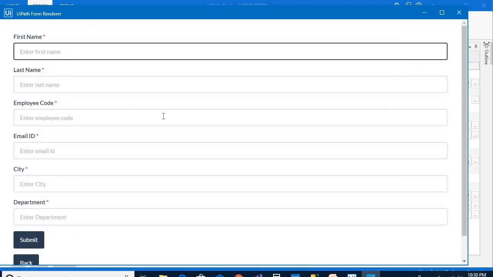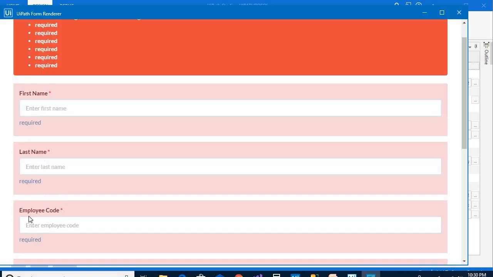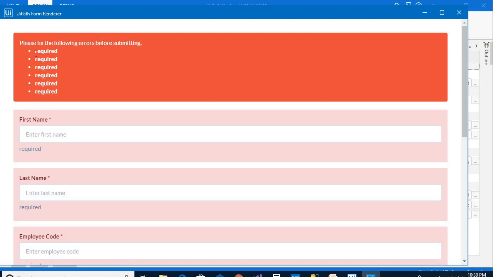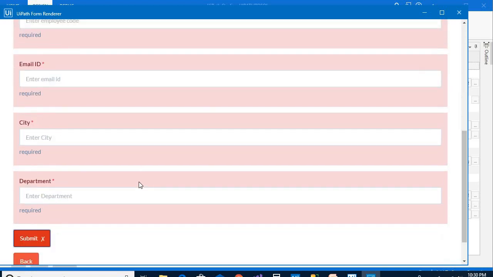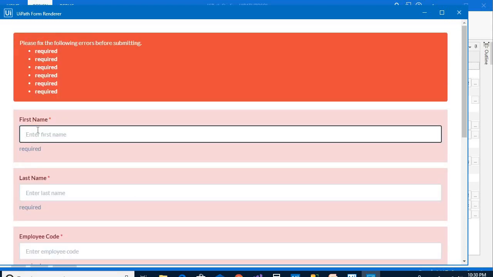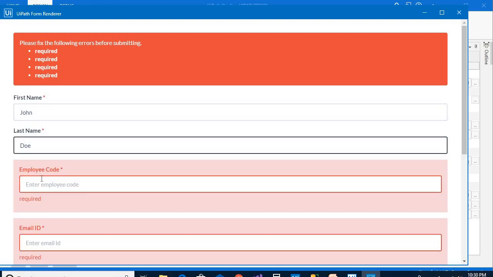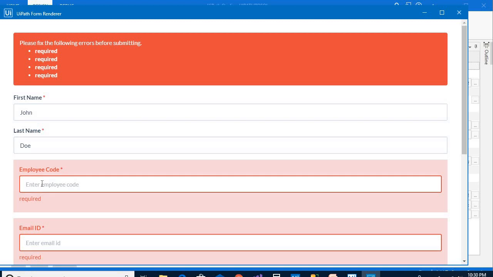This is the form. As I have added validation over here, if I click the submit button, it will give me a validation message, that is, please fix the following errors before submitting, meaning all these fields are required. So quickly I am filling this form. And if you notice, this validation part is gone when I fill this form.